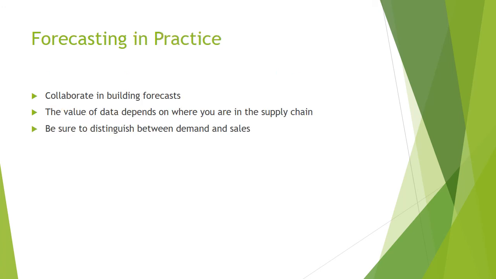Next, we're going to discuss forecasting in the practical world. When we are dealing with forecasting in the practical world, one of the key factors that we have to consider is to collaborate in building the forecast. Collaboration with your supply chain partners can often create a much more accurate forecast than you would produce as an individual. It takes an investment of time as well as effort to build the relationship with your partner to begin sharing information between each other, and also create a good collaborative forecast, which creates an effective flow of product throughout the supply chain,